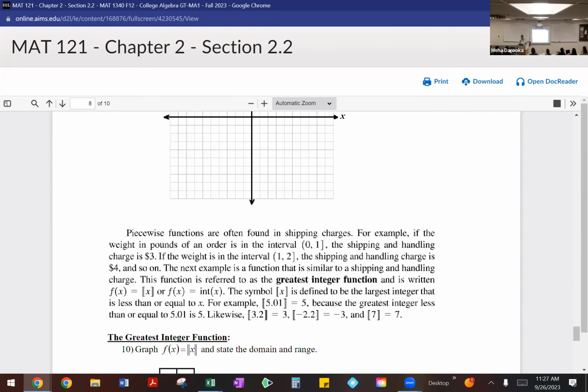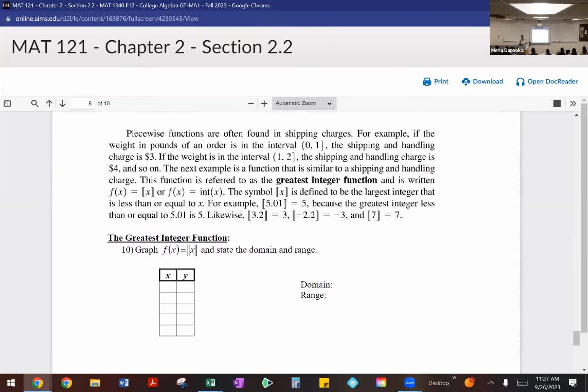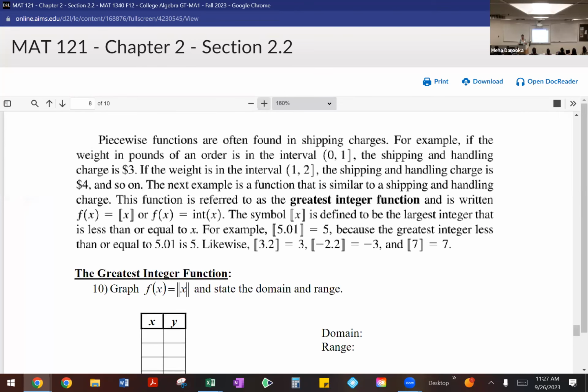These were all piecewise. Let's see. So one thing they're talking about is an application for piecewise functions, which can be found in shipping charges. Obviously, shipping charges are based on the dimensions of your package, but also on the weight of the package, right? So you can see they're talking about how if the weight in pounds for an order is